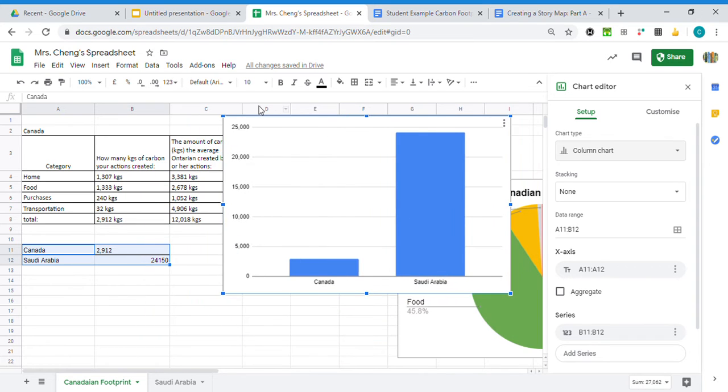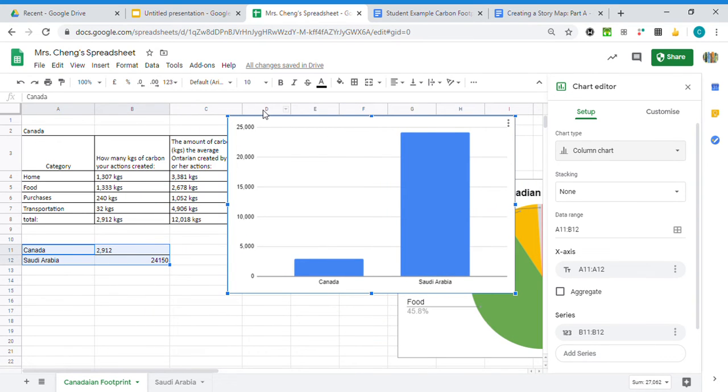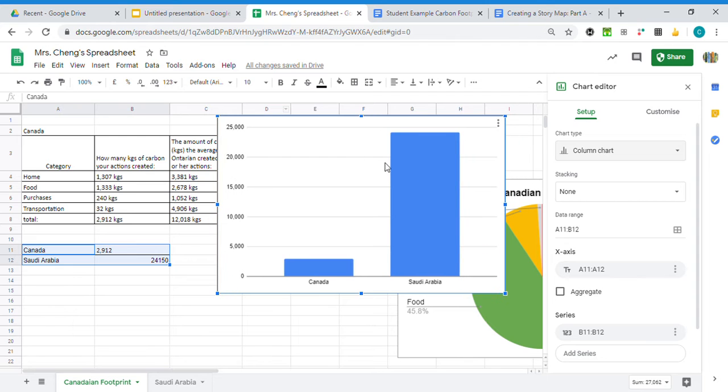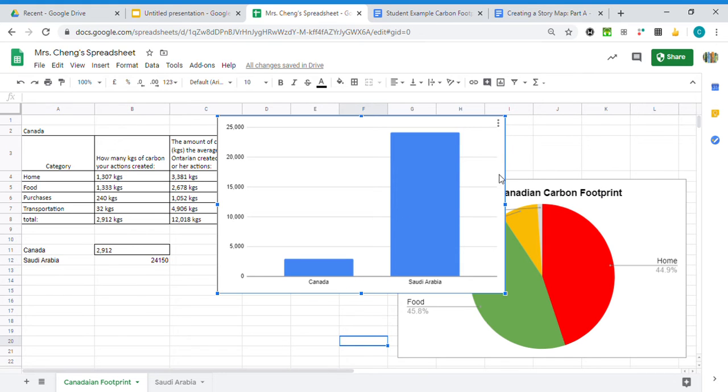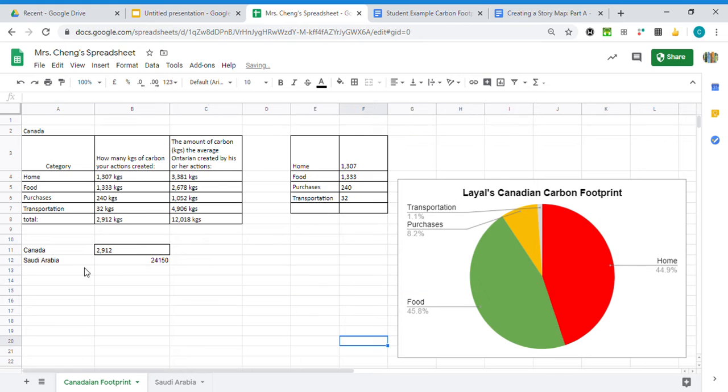But the problem with the way I've done this is I can't right now, oops, where am I? Customize, I'm going to go to series. Right now I only have one column, so I can't change the colors of these two places. It's not a huge deal, you don't have to, but I don't like seeing the same colors if they're two separate things, then what you can do instead, very simply, is just change where